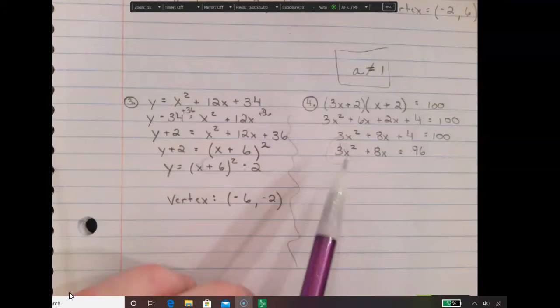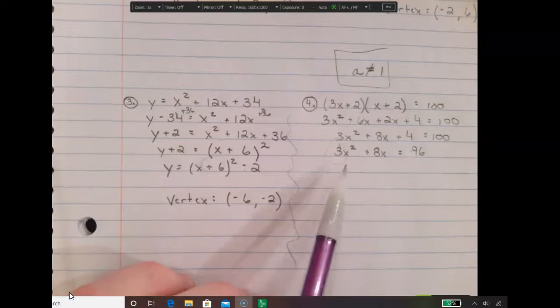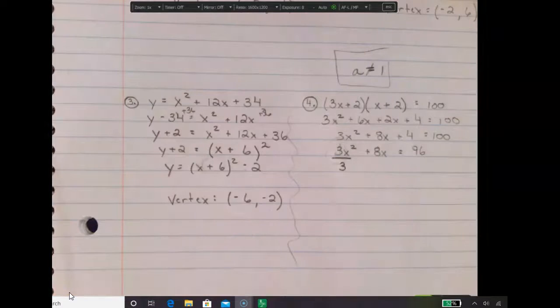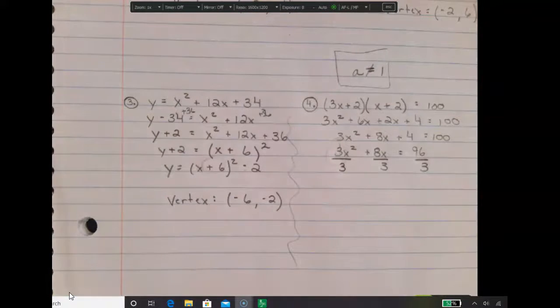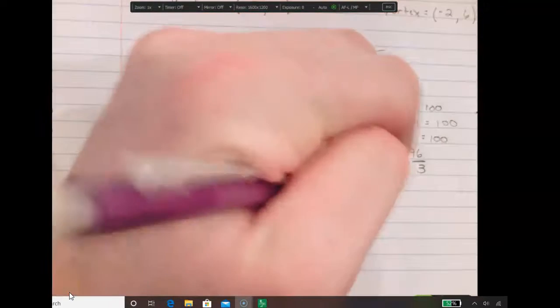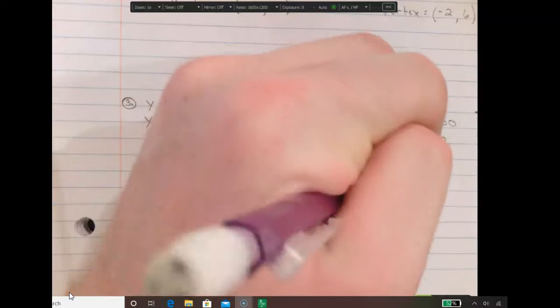And the only way to do this is, if I'm being multiplied by 3, I need to do the opposite. I need to divide by 3. I cannot just divide this front term by 3. I have to make sure that I divide every single term in this equation by 3 as well. Once you divide everything by 3, your new equation reads x squared plus 8